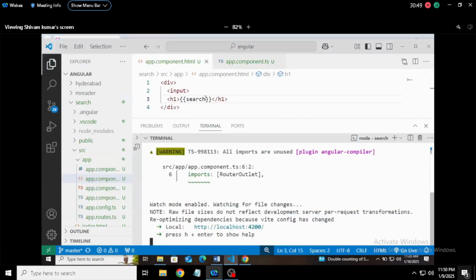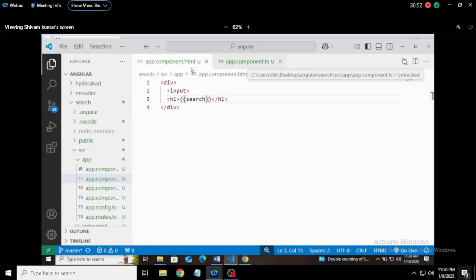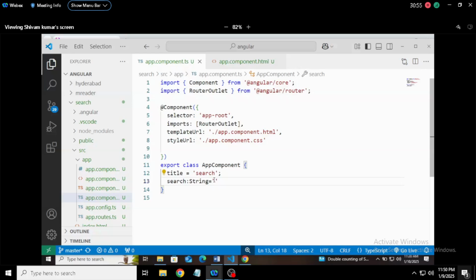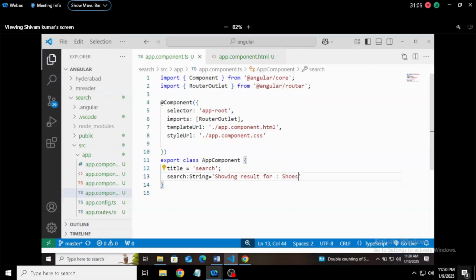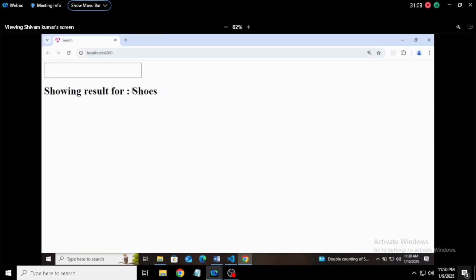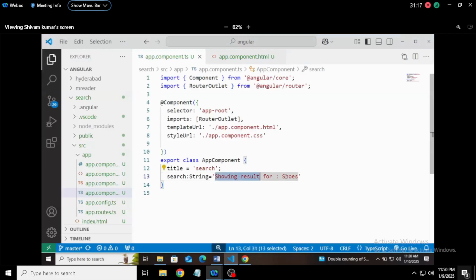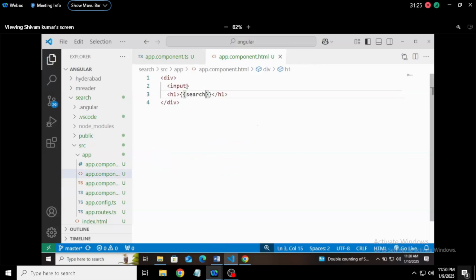In the heading nothing is coming because in component we are not writing anything. So here let me write showing result for shoes, something like that. I'm showing that showing result for shoes, and in this heading it is coming because values are getting written by the string interpolation. If I remove this part and if I want to do it using property binding and event binding, for that this input, at first what we will do here,